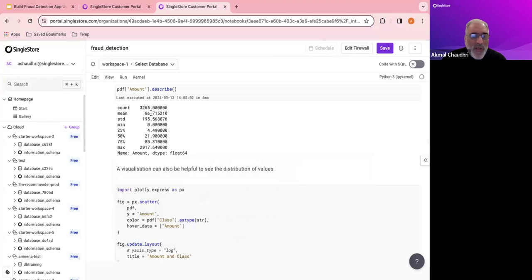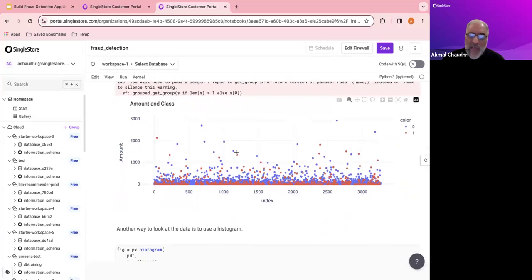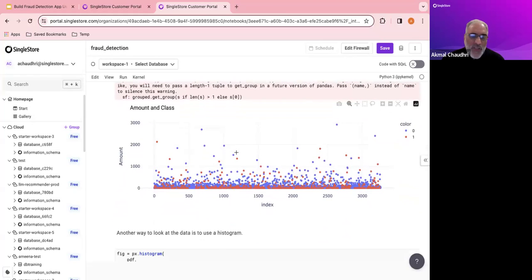It's under $100, I think, or 100 euros probably, because I think this was done in Europe. The standard deviation, the minimum is 0, the maximum is almost 3,000. And so one great way we can look at it is to simply do a plot. This is just using Plotly. So you can see that the distribution is fairly even there. It's generally amounts under